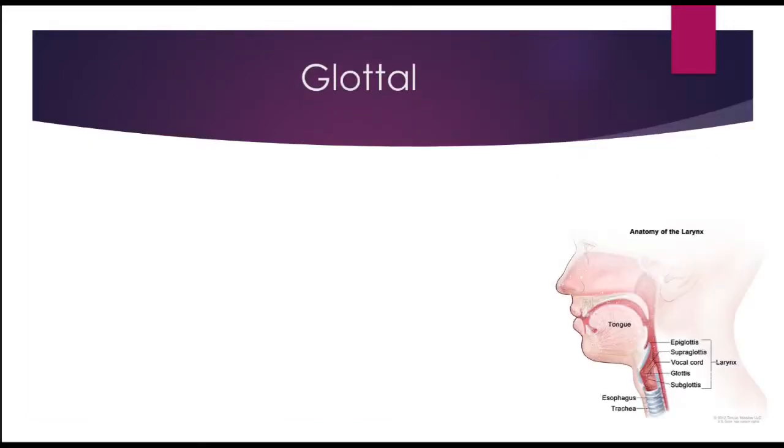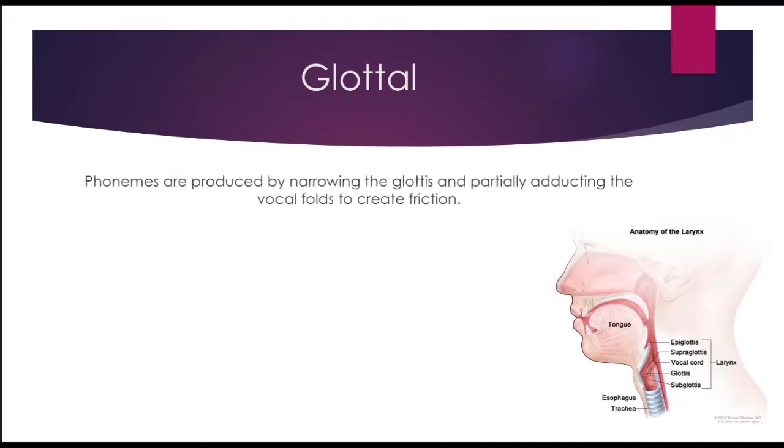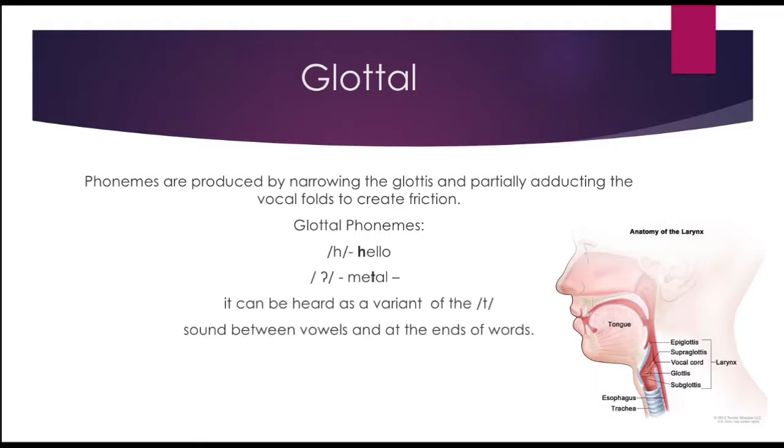And then the glottals are produced by narrowing the glottis and abducting the vocal folds to create friction. So you have the h as in hello, then you have the glottal stop, and the glottal stop is where it just stops. So if you say metal, you can tell there's metal, it can sound like a variant of the T, but it's also in the word mountain,